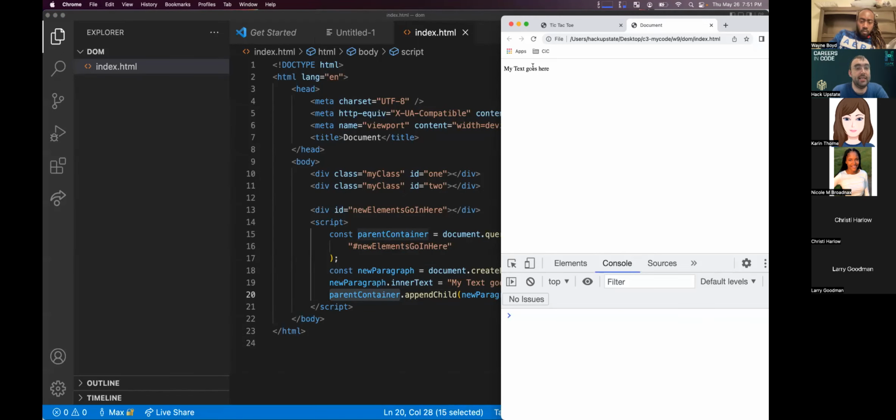So with the inner HTML, it would have just showed up, you would have to append the child. Nope, you still have to do that because we're targeting the inner HTML of the new paragraph. That new paragraph is just a new element called a P tag. Okay. But that P tag hasn't actually been added into the parent container until we append the child.